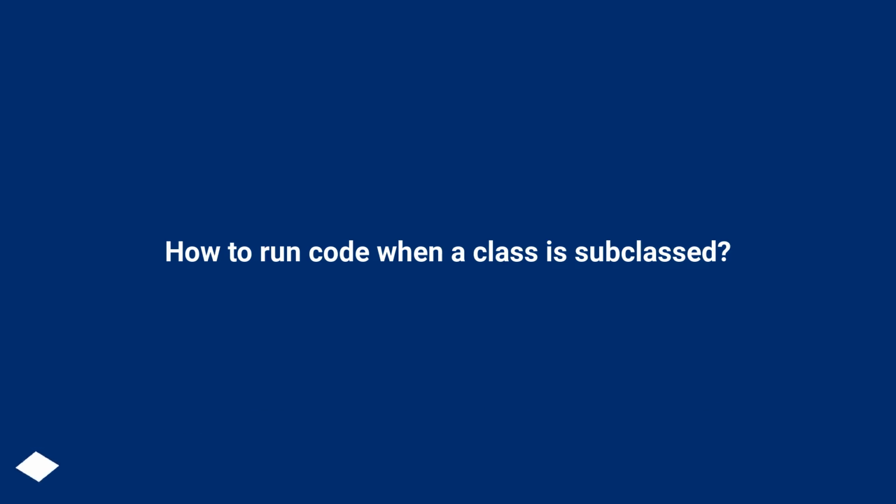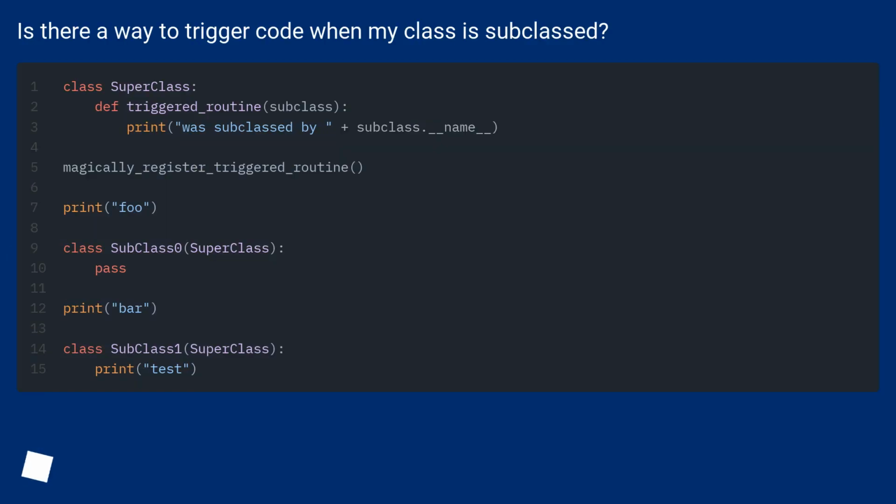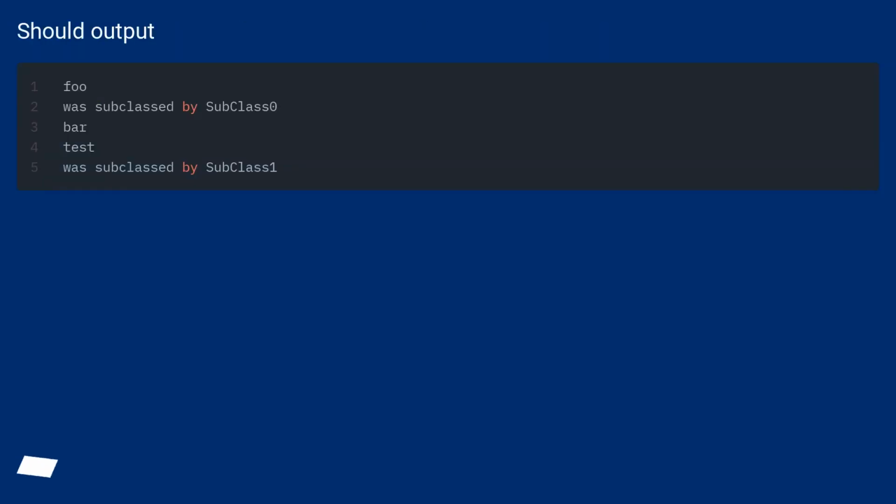How to run code when a class is subclassed? Is there a way to trigger code when my class is subclassed? Should output